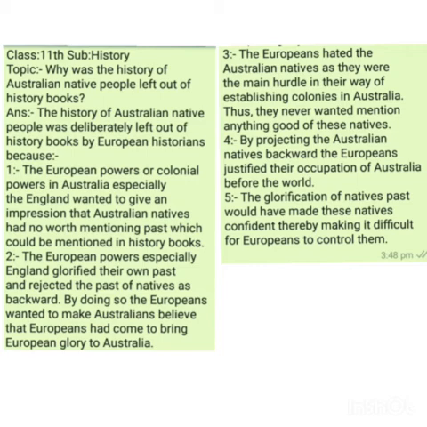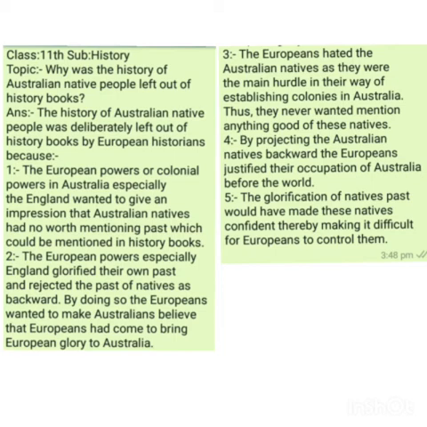Number four, the glorification of the past of native Australians by English people, by the European historians, would have made native people self-confident. Hence, it would have been difficult for colonial powers, meaning the powers who occupied and colonized different parts of Australia,